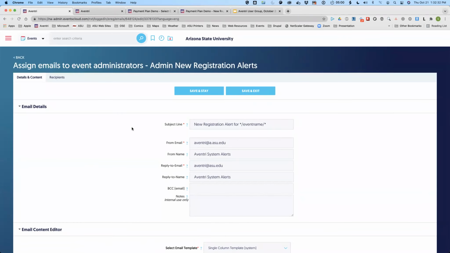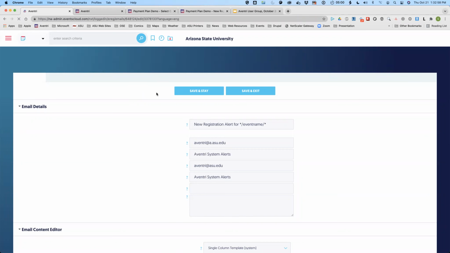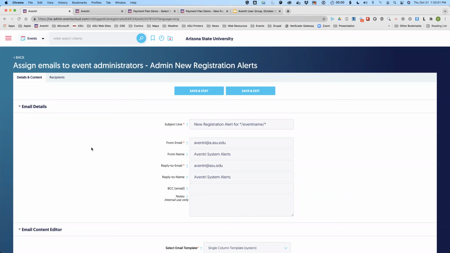It's also another convention that until you do a save and stay, you will not be able to access the recipients tab. That's also something we've learned in the beta. So if you just get here, everything is good, and you just try to put your mouse over it, your mouse will have the circle slash through it saying, no, you can't do that. They want to make sure that you have actually created an email before you move to recipients. It's a feature, not a bug. It's to make sure that you know what content you're sending before you move on to the recipients stage.